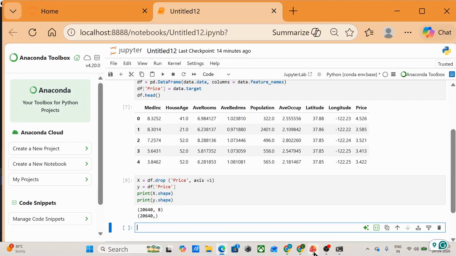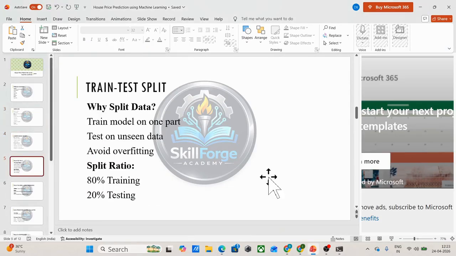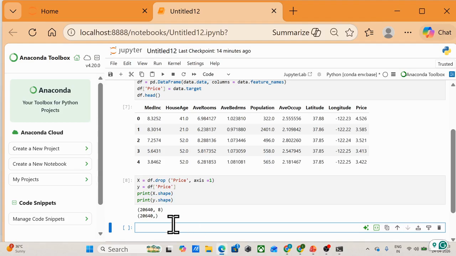Okay, now next what we are supposed to do, we'll split the data set, as I have said to you earlier also that splitting the data set into train and test set is very important. It helps us to avoid overfitting. So how we'll do that, let's do it over here. Okay, if you don't know the concept, you can go and see the previous lectures.